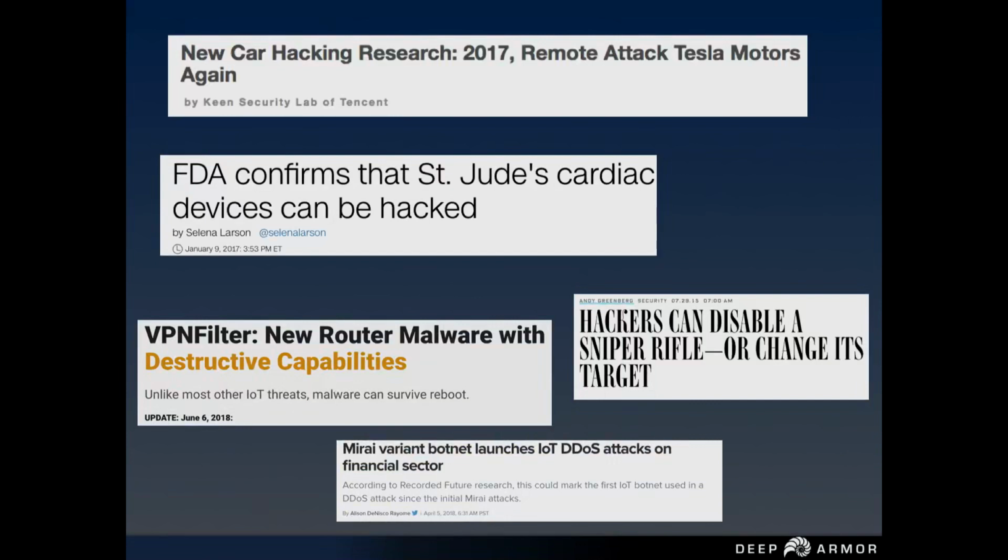There was an interesting talk about a smart rifle hack as well. This was at Black Hat a couple of years ago. VPNFilter and Mirai, I'm pretty sure most of you have heard about them and read news articles about them. So the point is that attacks on IoT devices are no longer research or theory. These are actually happening. Now that we have got that out of the way, the question is how do we address them? What kind of threats are there that we need to analyze, and what kind of frameworks do we want to evolve?